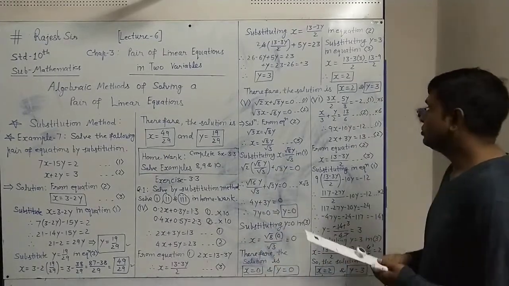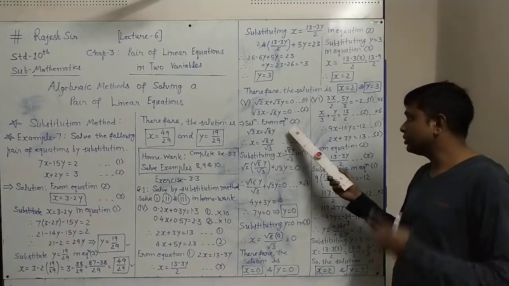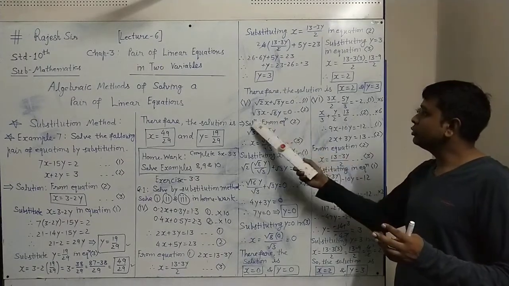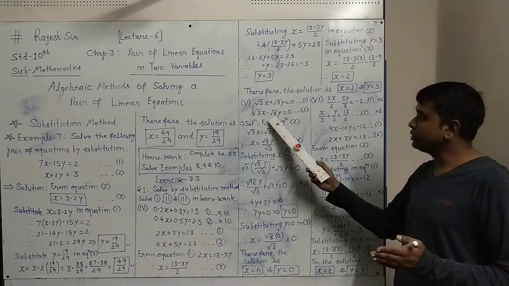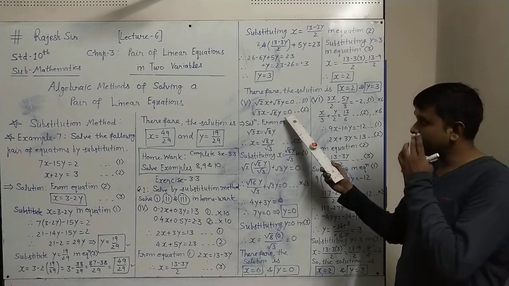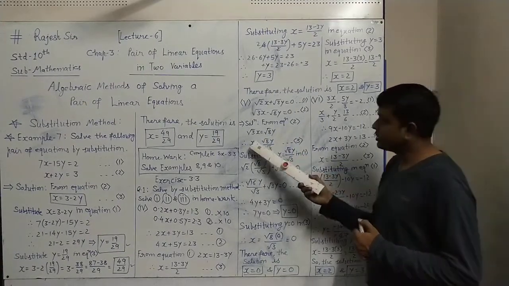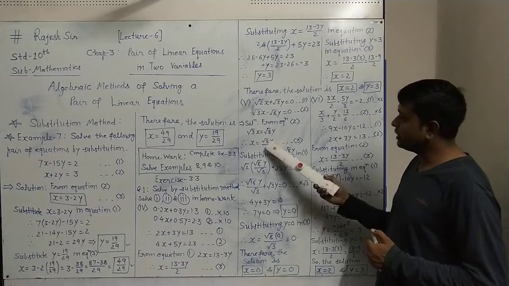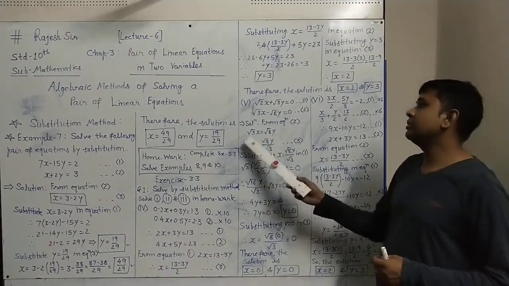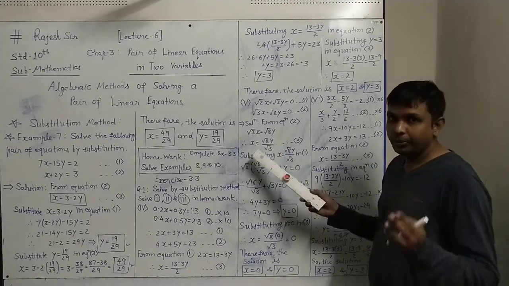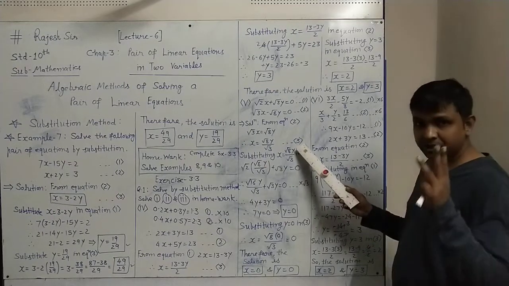Okay. What we do, we can take any equation to start. I have taken equation number 2. This is equation number 2: root 3 x minus root 8 y equal to 0. Taking root 8 y to the right side, plus root 8 y. Now make the substitution of x. So x equals root 8 y, with root 3 going down. So I have written root 8 y upon root 3. This is the substitution of x I have obtained from equation number 2, and I will call this substitution equation number 3.